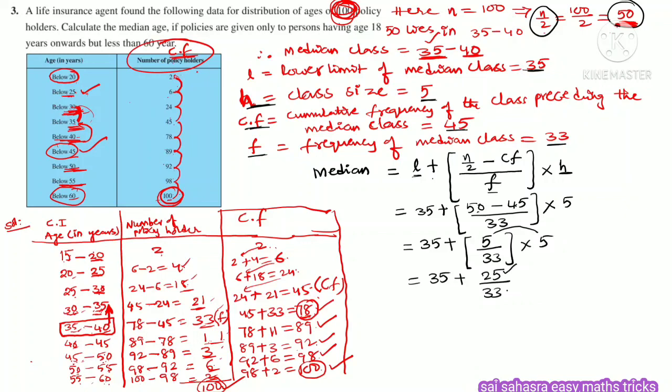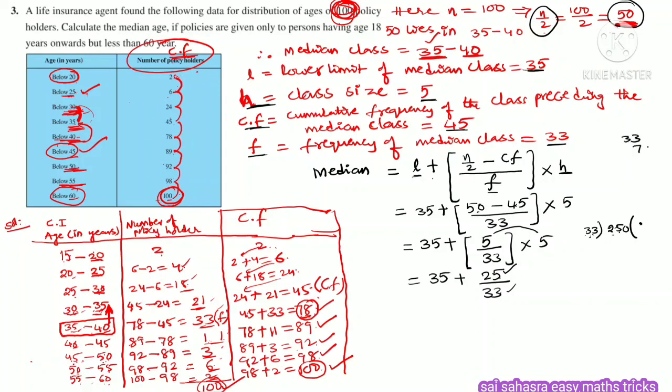When you divide 25 by 33, what will come? 25 is not divisible by 33. Be very careful: the denominator is more than the numerator. The numerator always goes in the dividend place and the denominator in the divisor place. Some students will write 25 outside and 33 inside, not like that. Denominator is always the divisor, numerator is always the dividend. 25 is not divisible by 33, so we keep a point, and 250 comes. 33 how many times in 250? Let us see.